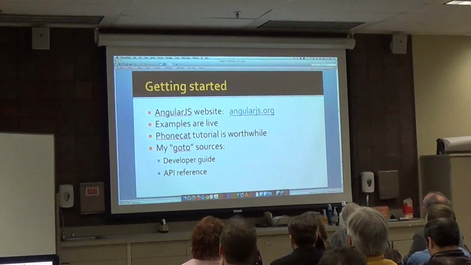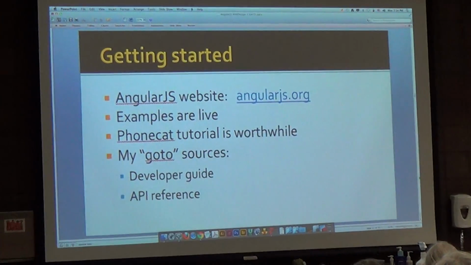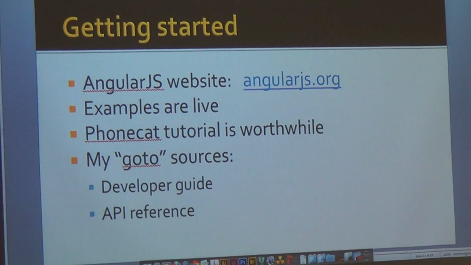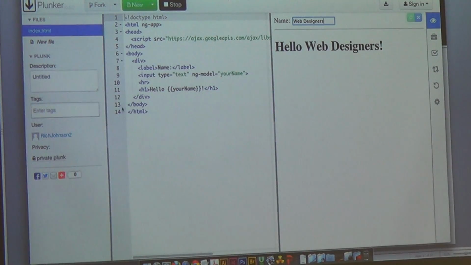They have a tutorial. It's called PhoneCat. It lets you do a catalog of different cell phones and so forth. That's actually a good tutorial to work through. And my go-to sources on the website are the developer guide and API reference. And so if we look at Angular,